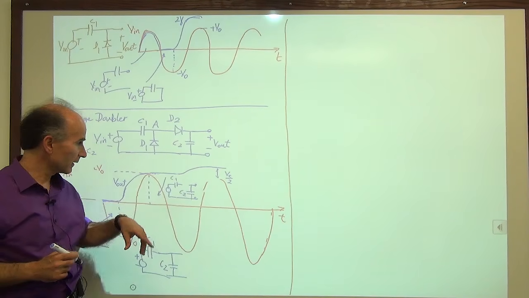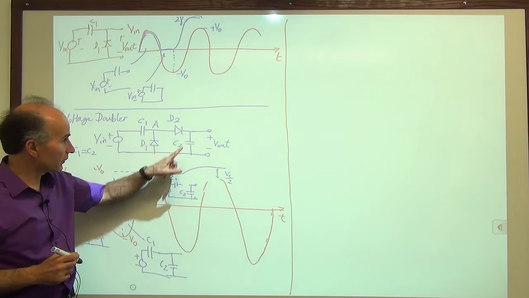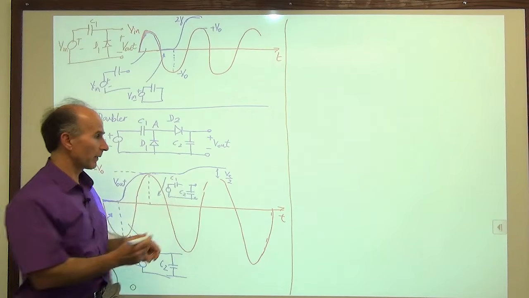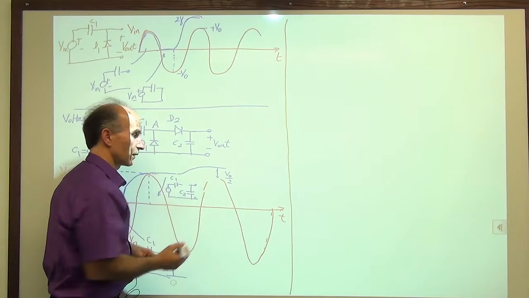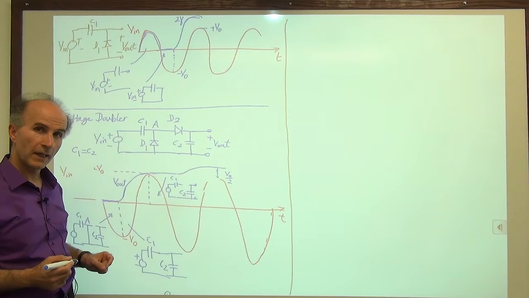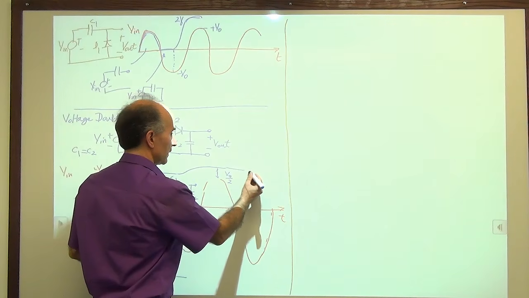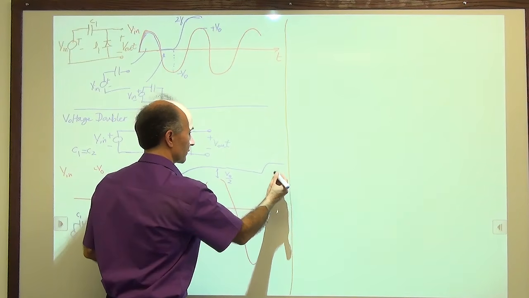But the result is that in the next cycle, the voltage on C2 increments by only V0 over 2, not by V0. And if you follow this for more cycles, you see that then it increments by V0 over 4,